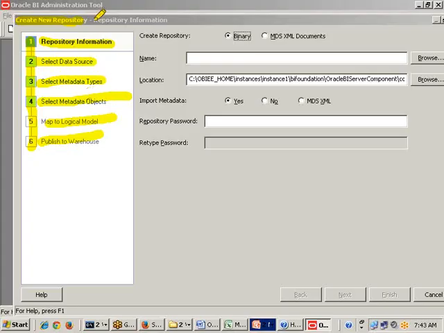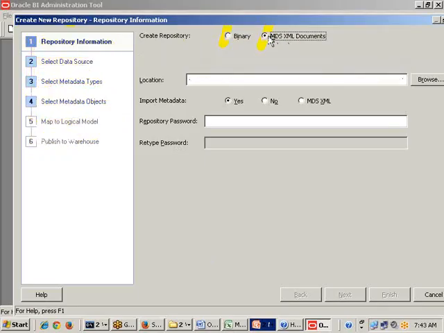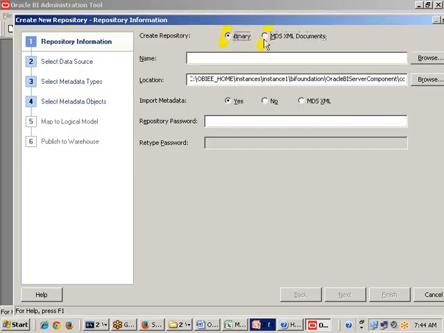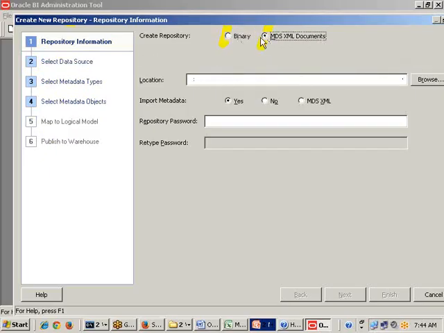In the first step, we are trying to provide the repository information. As part of the repository information, I have two options here. Create your repository in the binary format, or create a repository in the MDS XML documents format. Whenever you select MDS XML documents, the options are changing. Yes or no, sir? See, the options are changing. If you go for MDS XML documents,